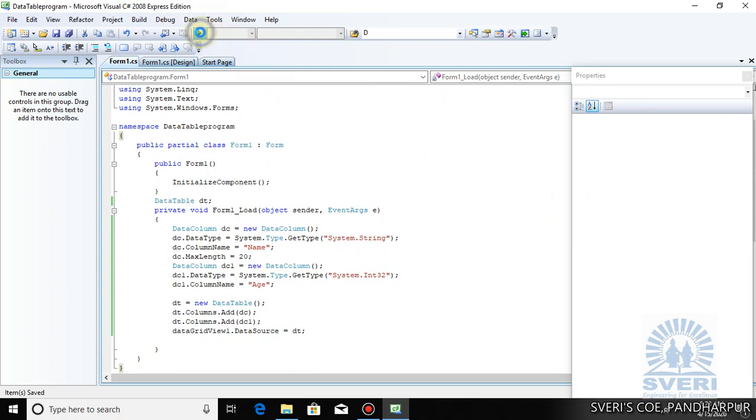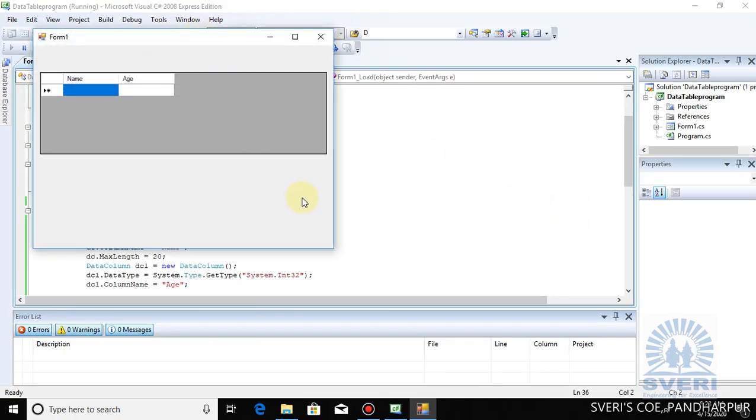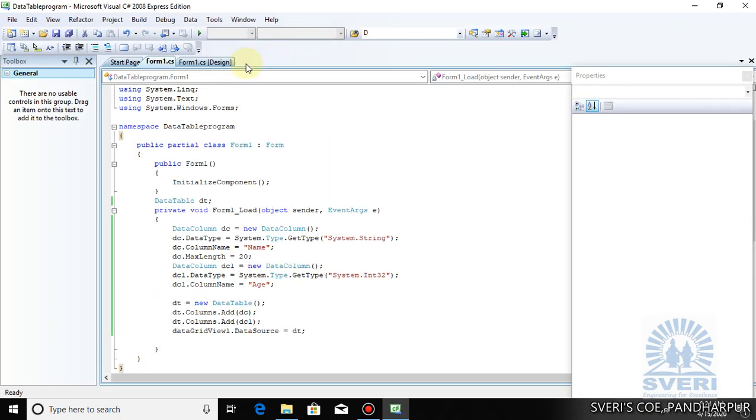just run the application. Now you can see there are two columns we have added to our data grid view. This is how, using the disconnected architecture, we can create a table. Now if you want to add more columns, you can also do it the second way. If you want to add the third column,